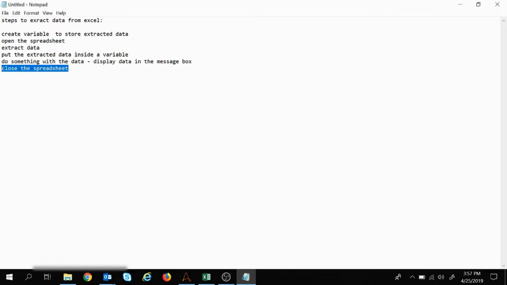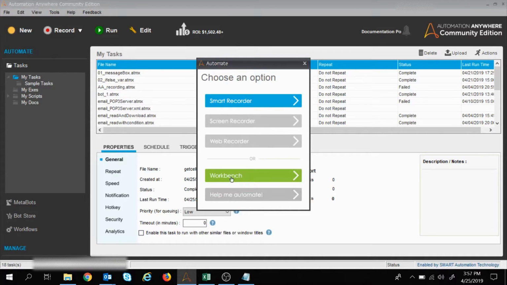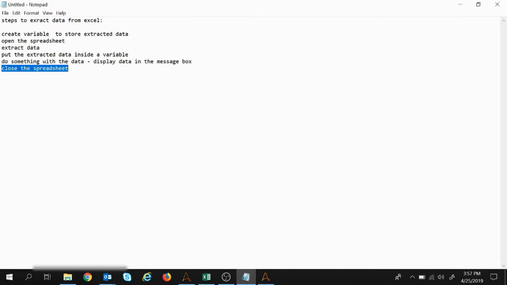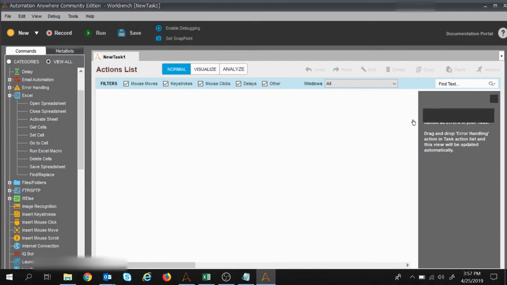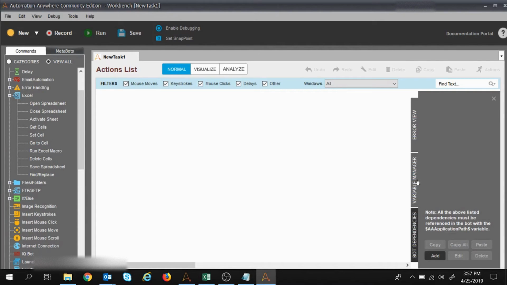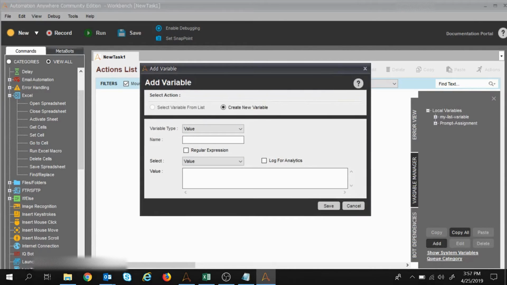So let's see how we can do these activities in Automation Anywhere. For that, I will create a new task. I will click on the new and then I will go to the workbench. And now we are here to create a new task. So what I need to do first, I need to create a variable to store extracted data. So you can see here, this is error view, this is variable manager, and this is the bot dependencies. In the variable manager, there is one option to add,